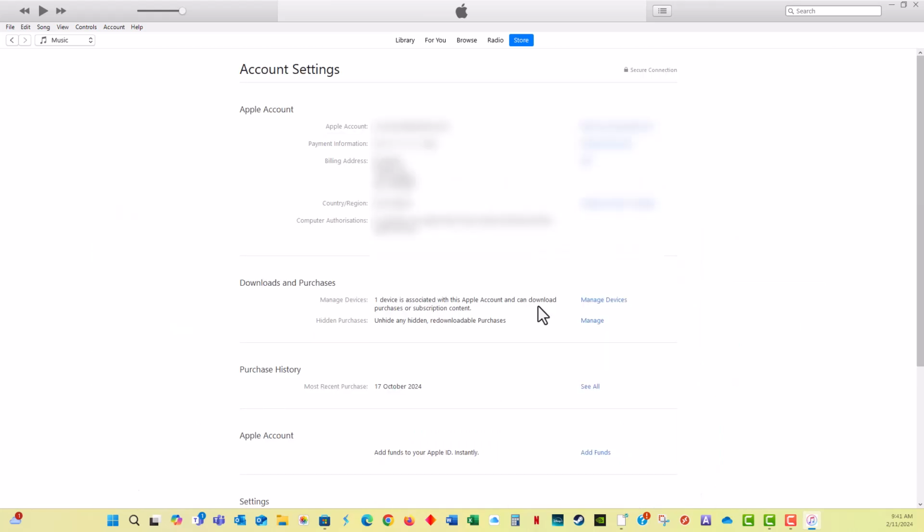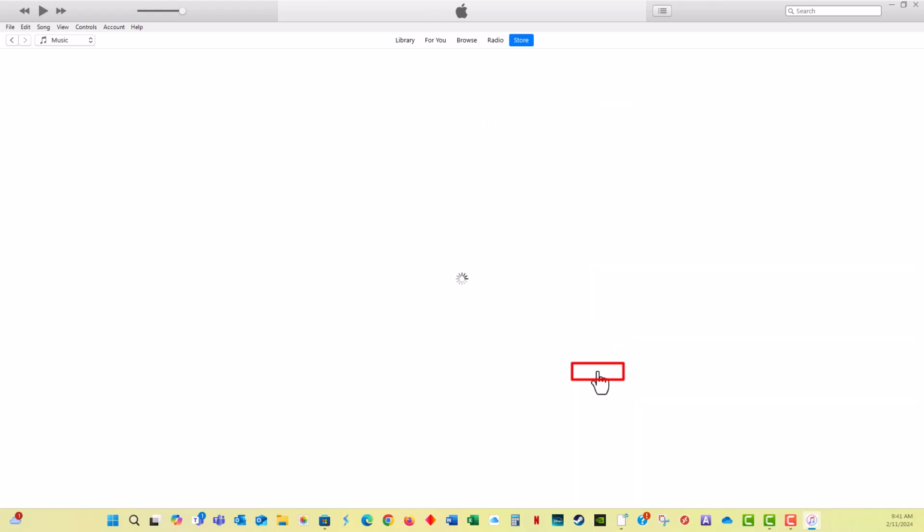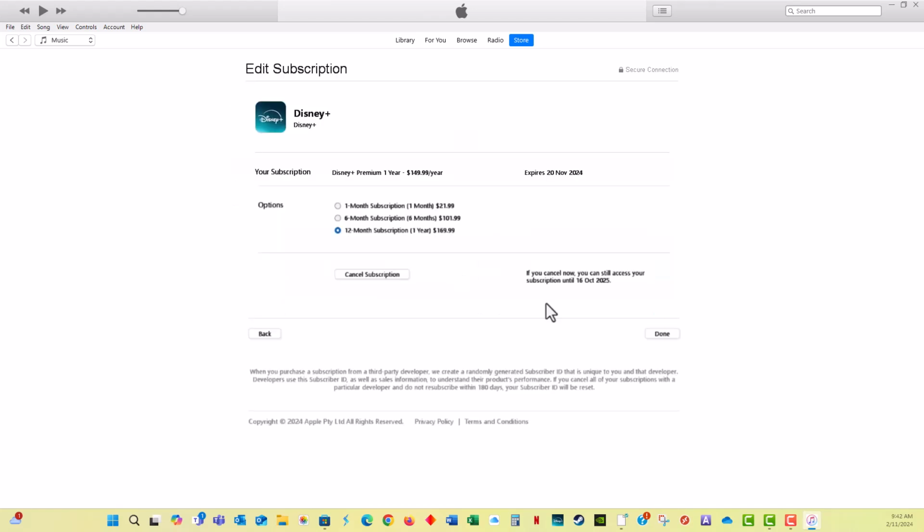Scroll down to the settings section and you will see your subscriptions down here. And then manage. Find your subscription for Disney and edit. Here is where you have the option to cancel subscription